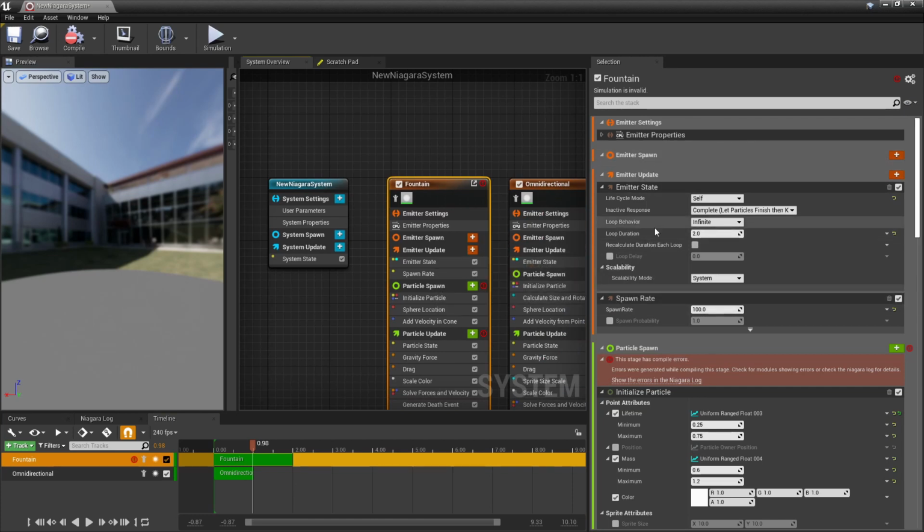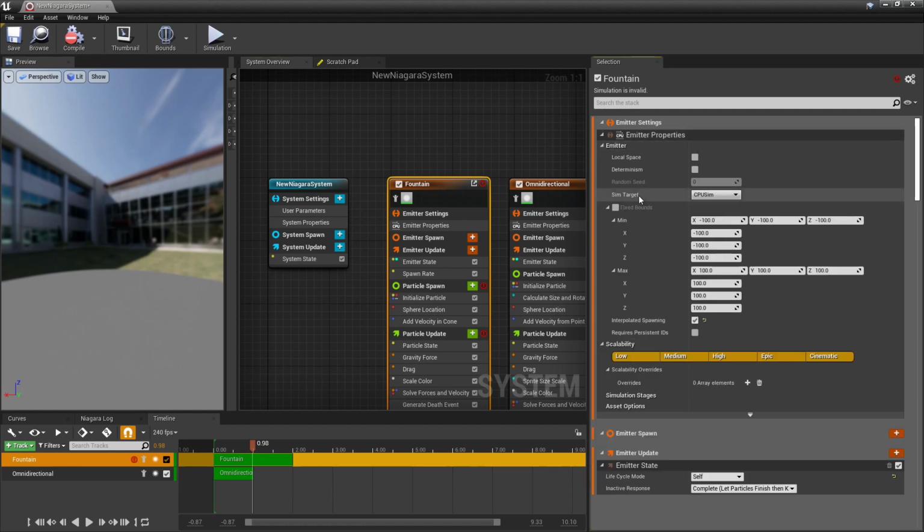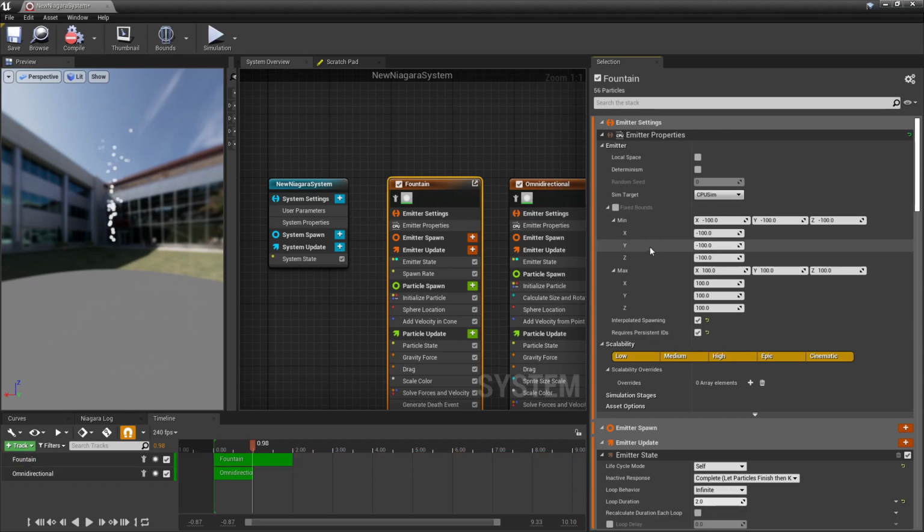Every particle in a particle emitter system has an ID. That ID generally keeps on changing randomly, but we want them to be persistent. So you go to emitter properties and you would have something which says requires persistent IDs. Just turn it on and those errors should go away. And that is the last we have to worry about it. Nothing would have changed. You'll see that it is the same as it was before.